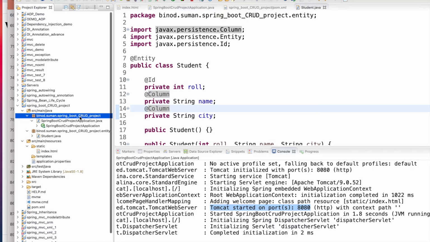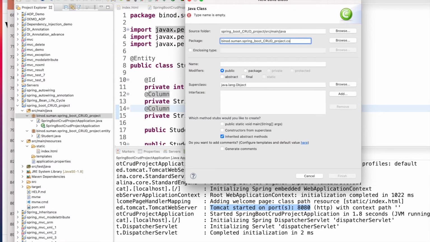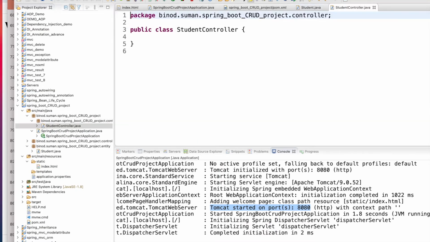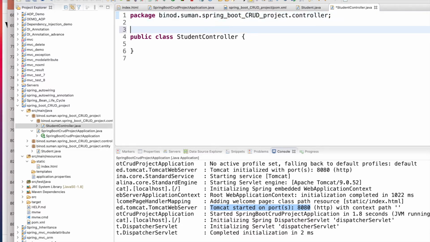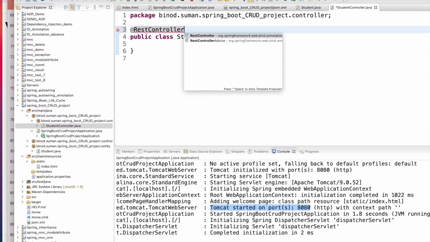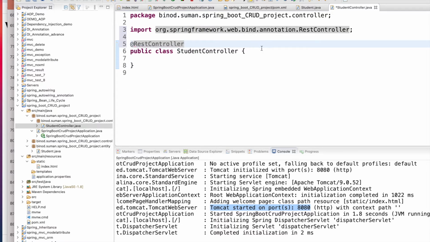So again come here and make the class and give the package name controller, and give the name student controller, right? Once you give the student controller, so we have to work in the controller, and you have to inform this is my REST controller, right? We are exposing the REST. Do not use the controller is for the MVC. We are going to use the REST controller, right? So we need the REST controller, okay? And now we have to make many more method here.